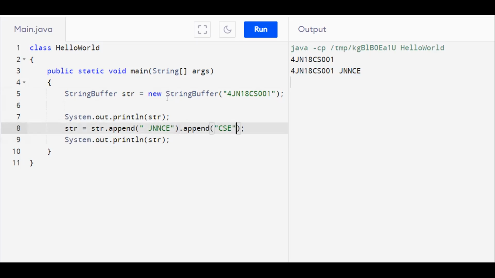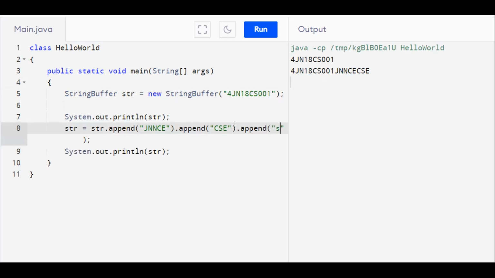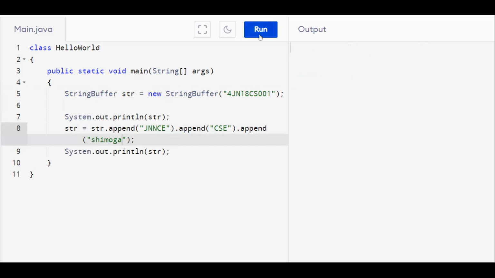We can remove the space if we don't want. On this again, we can call dot append, like this. If you observe, everything is concatenated.